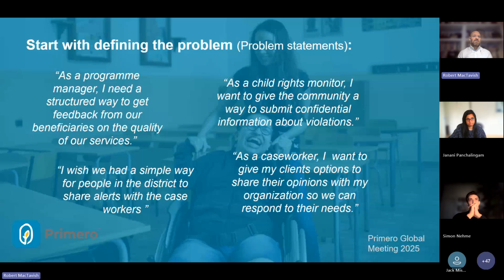Another example is I want a way to just alert somebody that I trust, or an institution that I trust, about some type of child protection or a community-based thing, similar to the previous one. The fourth one I listed is, as a caseworker, I want to give my clients options to share their opinions with my organization. So maybe not about me, maybe about me, but basically imagine your organization is providing 3 types